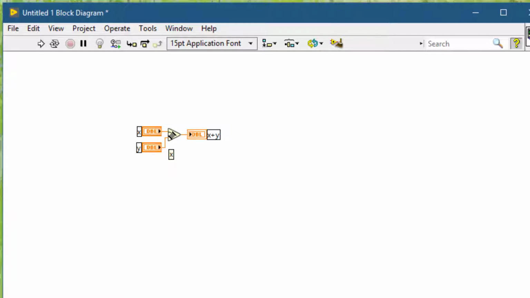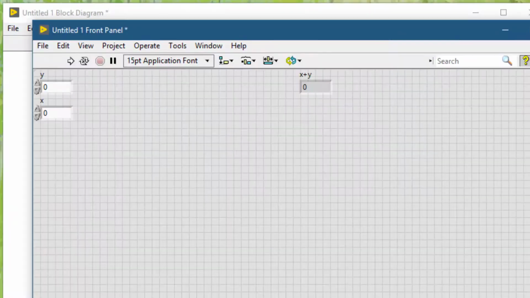As you can see, the icon has changed. Now if you click, the wire inputs have reversed. Another example would be if you have